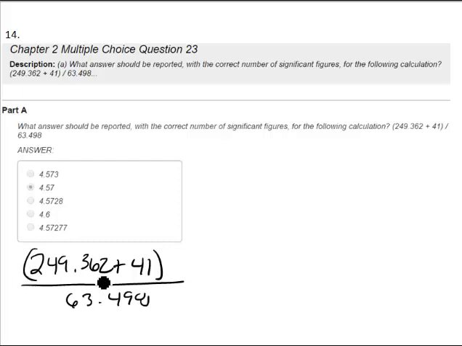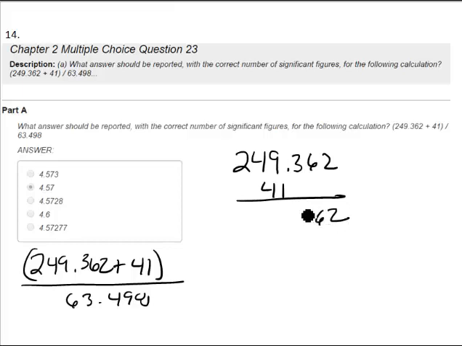Now remember, parentheses first, we have to simplify this, and for our rules for addition and subtraction, we look at the place of the decimal. So that's why we stack these up, and this would be 41 there. We'd add those together, 2, 6, 3 point, that becomes a 1, carry that, that's a 9, that's a 2, but this is good only to the ones. So that's as far as we can go, and that becomes 290,